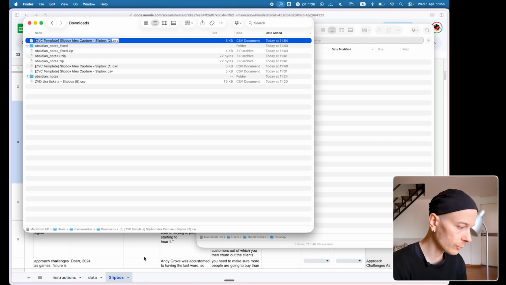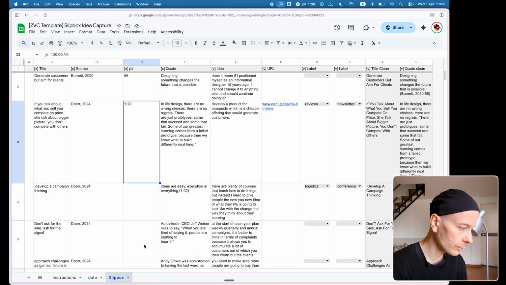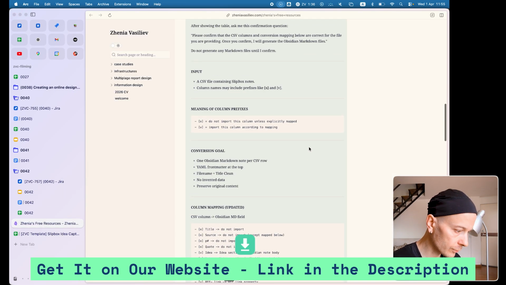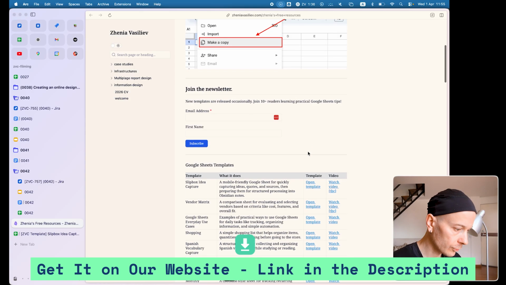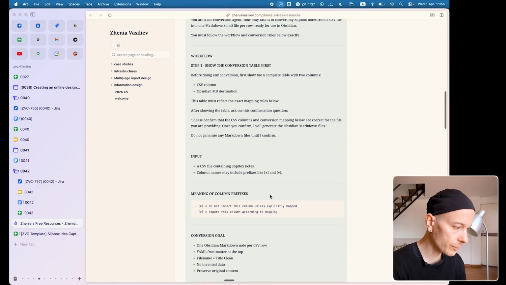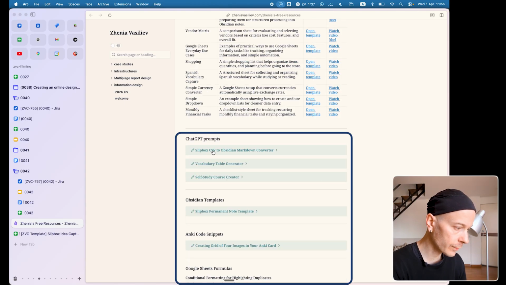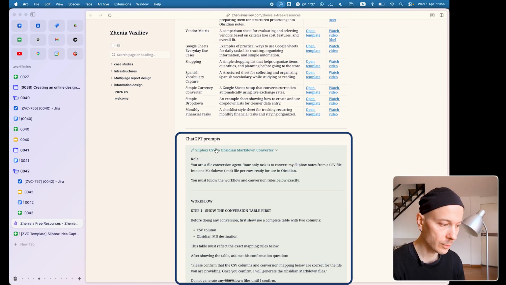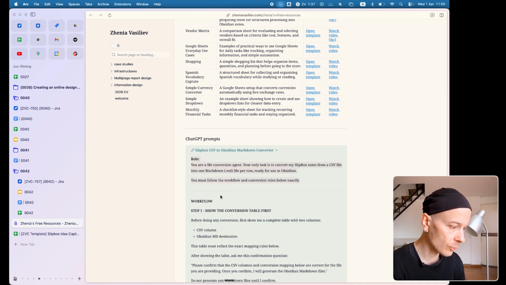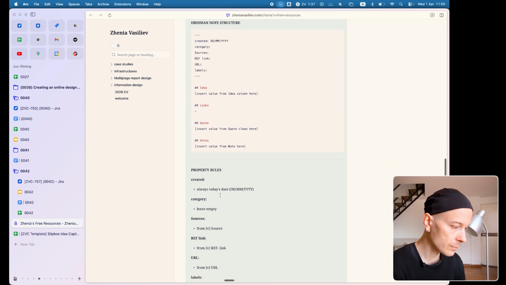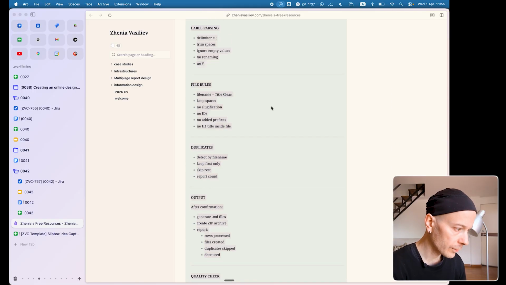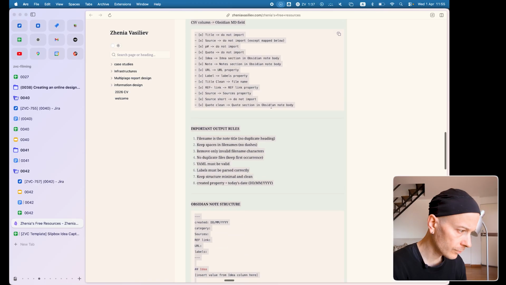You want to split it into markdown files. Yeah, so you head on to our downloads, where obviously you can, like in the very top here, find the template for capturing, as we discussed in previous video. And if you scroll a little bit down below, you will find there's a ChatGPT prompts section where you have a stripbox CSV to Obsidian Markdown converter. Yeah, so you want to copy all of this long prompt. And essentially what it tells you is